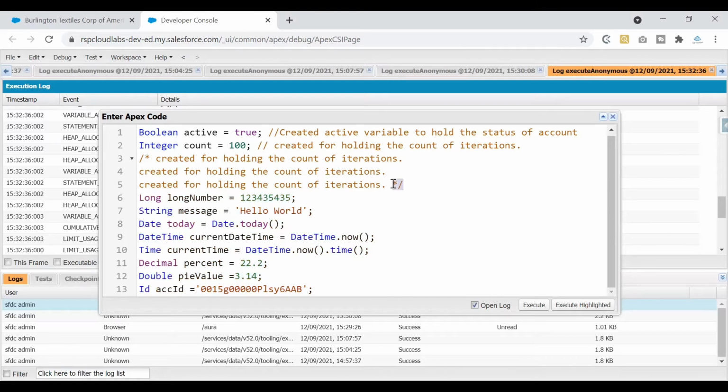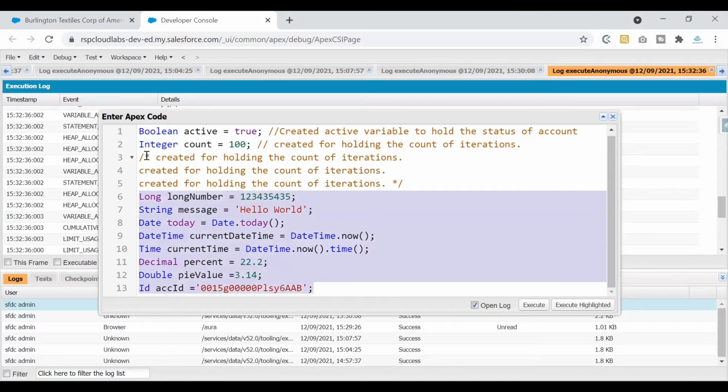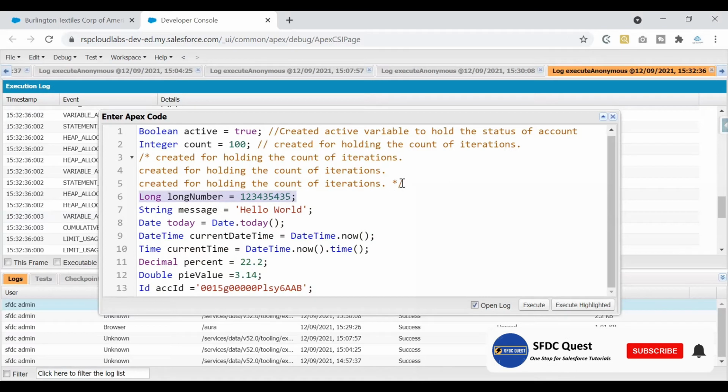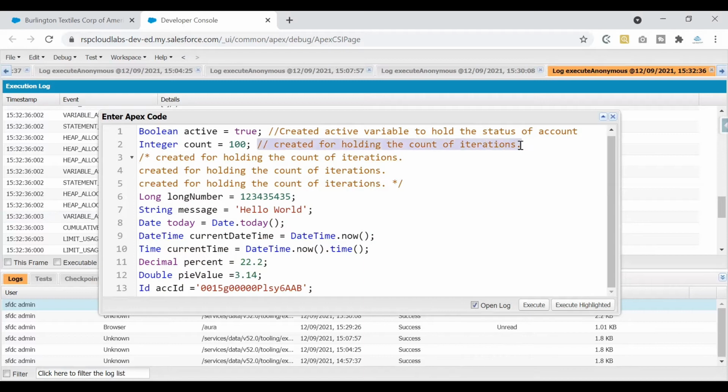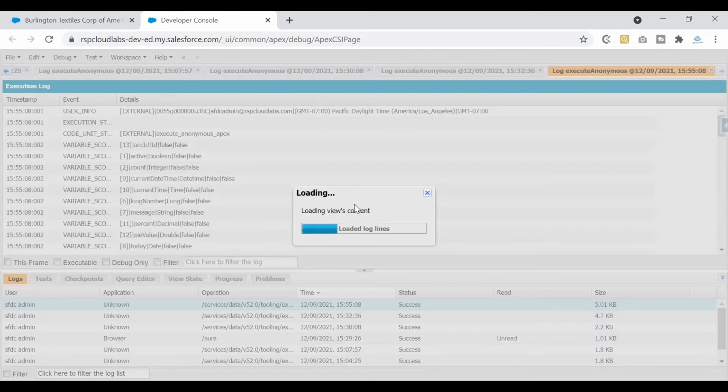So as soon as I put that end of this multi-line comment, all the lines that were commented out previously are uncommented. So whenever you are adding a multi-line comment, make sure you're closing at the right line. If you do not do that, the entire code would be commented out. So if I put it somewhere here, all this code is considered as commented out. In case you do not want that, make sure that you're moving the end of the multi-line comment to the right place. So that way do not miss out the lines that you want to be executed. If you want line number 6 to be executed, make sure that you are commenting out on line number 5. So this is how you can make use of your multi-line comment, and this is how you can use your single line comment. So now if I execute the same code, again a debug log would be generated.